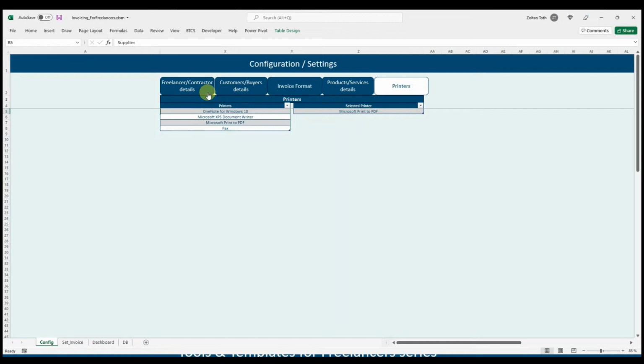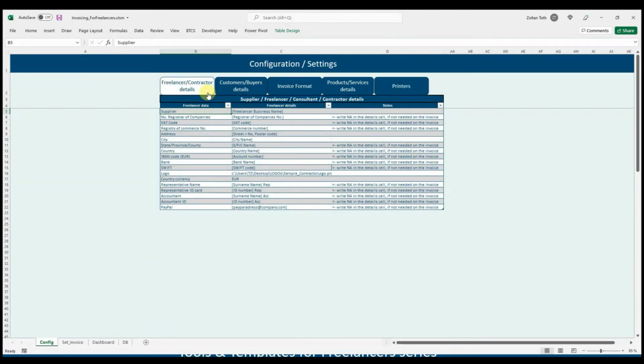In the configuration sheet, you have the possibility to set the details that will be used later on in creating the invoice. There are 5 sections or 5 different tabs. In the first tab, you can set up the details for your own company. So write down the name of your company, the VAT code, address, bank details, and some details about the accountant or the representative of